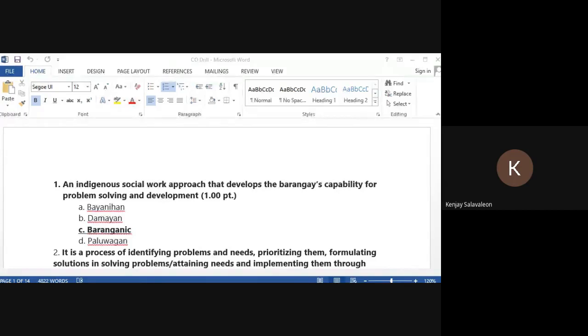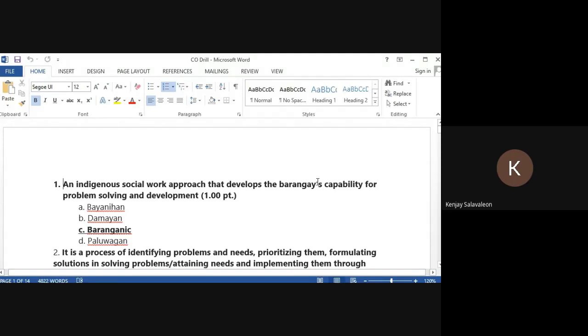So ang pinaka-last na nadagdag sa listahan is yung paluwagan system, no? Or mutual benefit system. So yan. Ang damayan naman, I think you're familiar with this. And bayanihan. These are people's organizations intervention para maibsan ang pasanin, may it be socio-economic activity doon sa kanilang member. Okay. So number two,